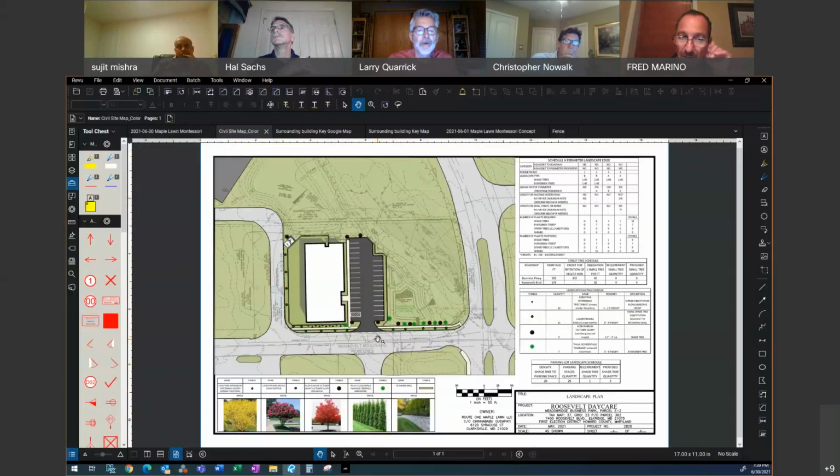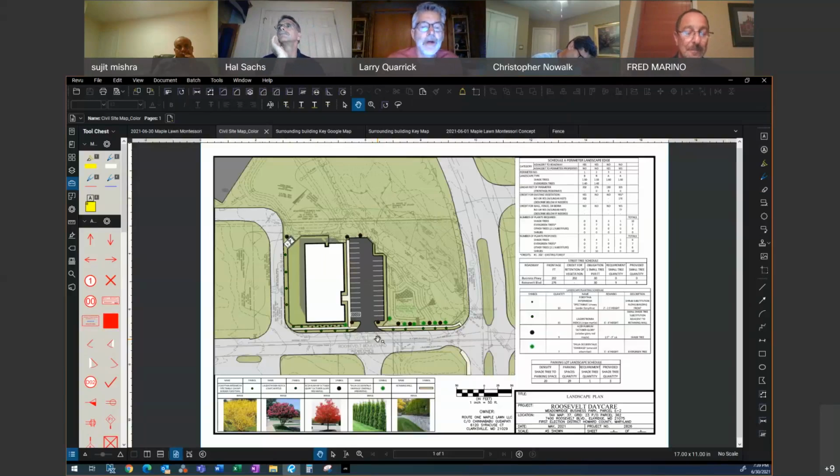Yeah, Larry, I agree that those last couple of spots, frankly, don't work. There's no ability to back out of there and get out of there. So that needs to be looked at. And worse than that, even if you're not parked there and you get back in there, you're dead ended, and it's going to be a tough situation. Yep. You need a little spot there to back into.